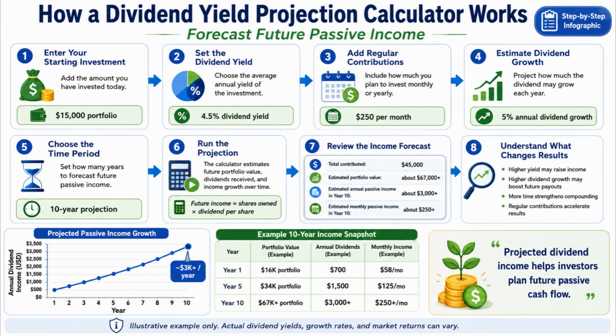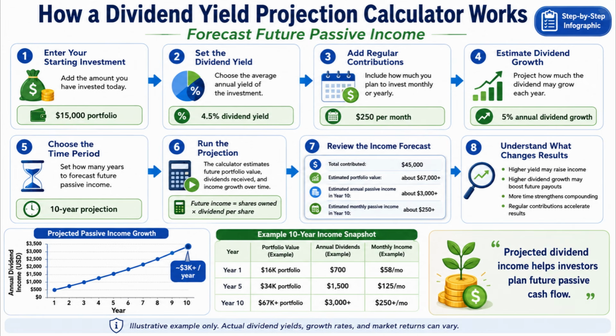For example, a 10-year projection gives the calculator enough time to show the effects of growth, compounding, and additional contributions. Afterward, the calculator runs the projection by combining your starting portfolio, dividend yield, regular contributions, dividend growth, and time period. As a result, it estimates future portfolio value, total dividends received, and the income growth you may experience over the